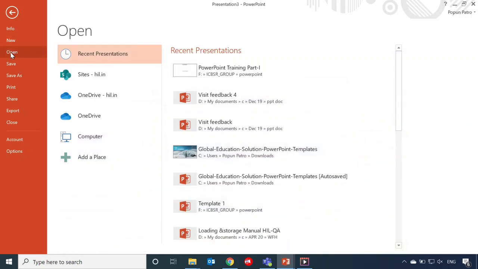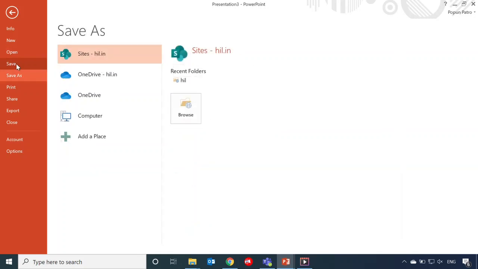Then the third option is open. We can open an existing PowerPoint available in our OneDrive or in our computer. Next is save. We can save our current PowerPoint in OneDrive or computer.